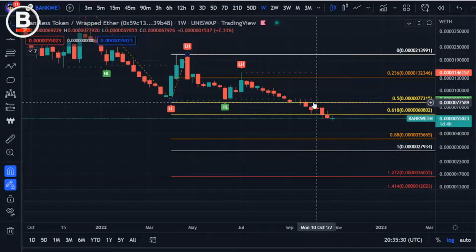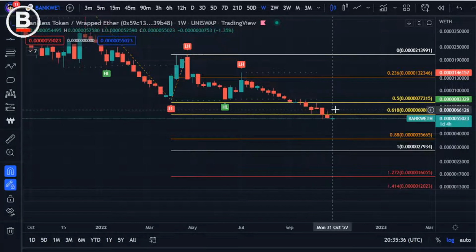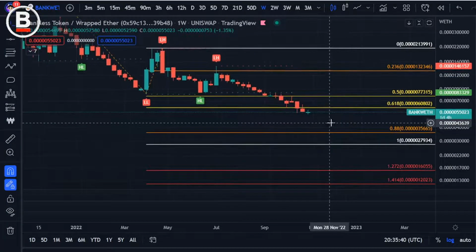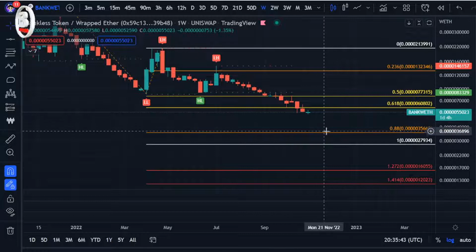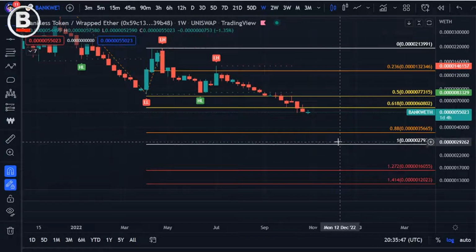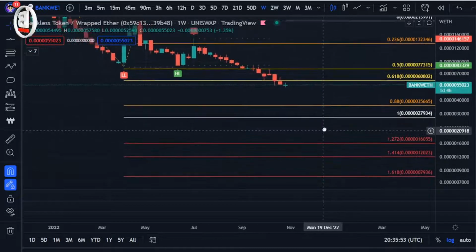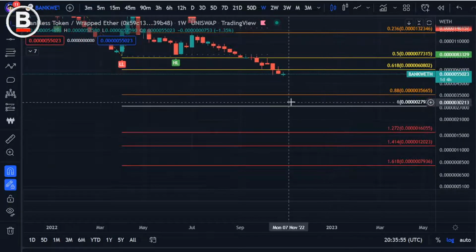You can see that we were in this golden pocket range here between the 0.5 and 0.618. Found a little bit of excitement. But again, keep an eye out for that 0.888. And ultimately, we don't want to see the one-to-one move broke. However, if it does, we have some